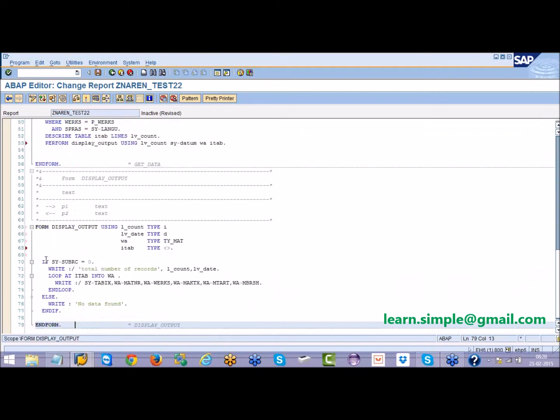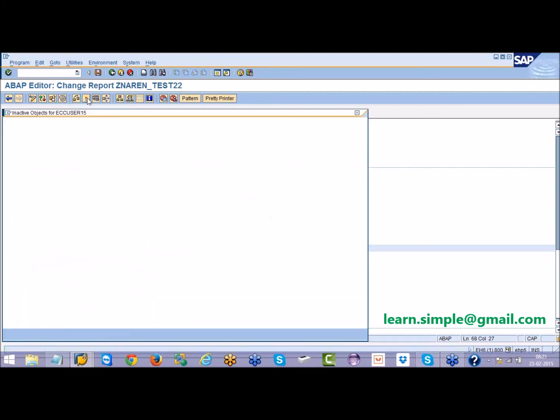So this ABC you provide here. When you provide a table type here, that will become an internal table. So now I'll save it, check it and activate.